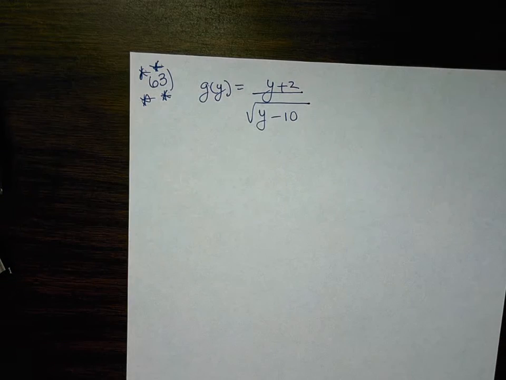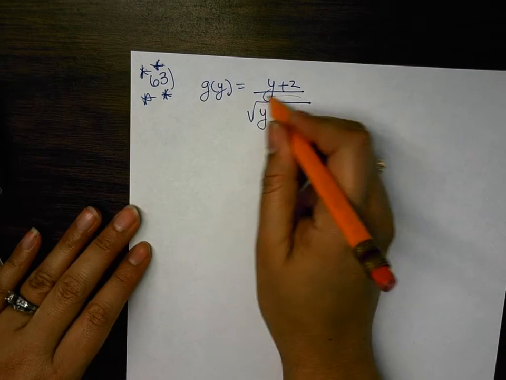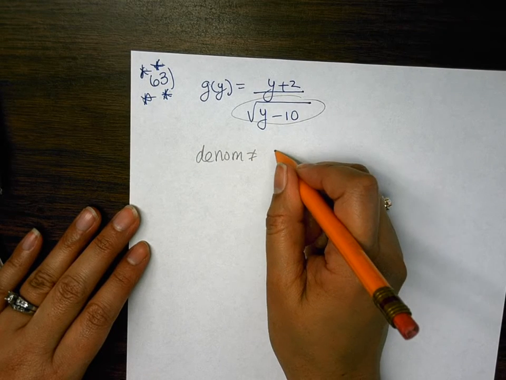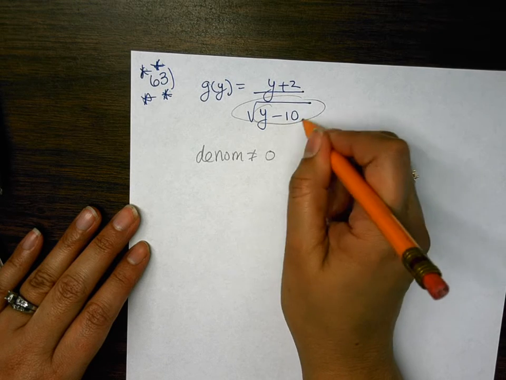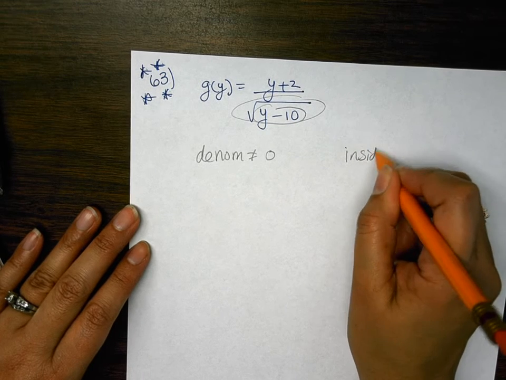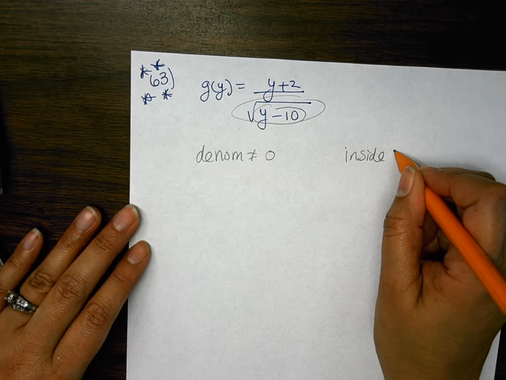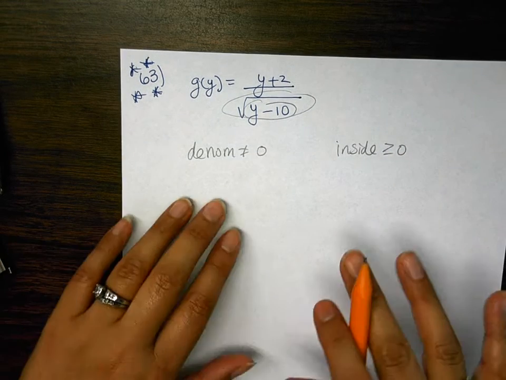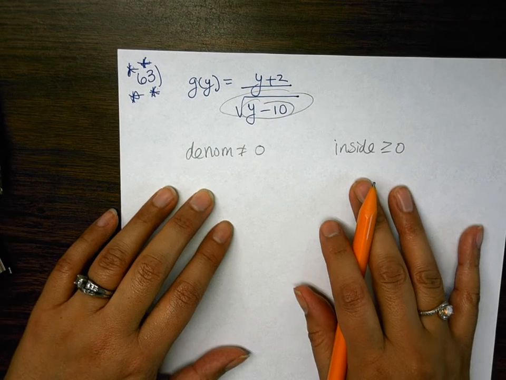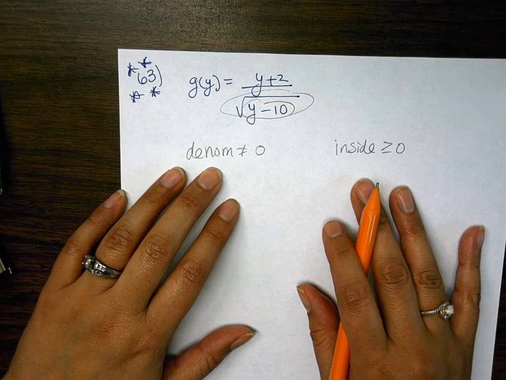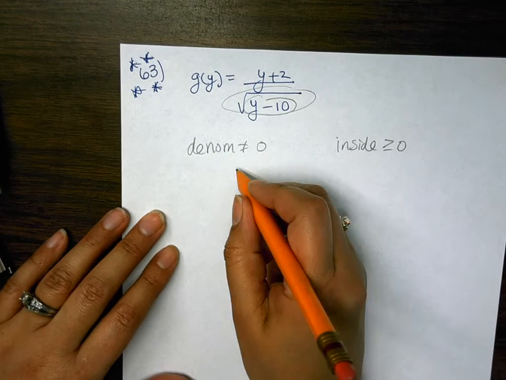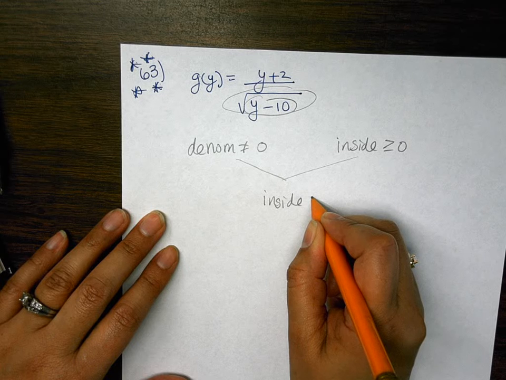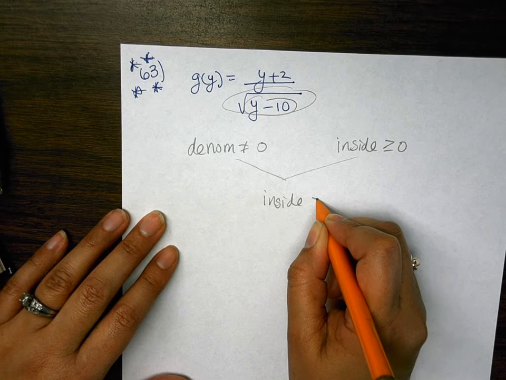There's two restrictions going on here. The first one is the denominator cannot equal what? 0. The other one is the square root, which states that the inside has to be what? Positive. And how do we write that with an inequality? Greater than or equal to 0. Do you agree both of these are going on? The inside has to be greater than or equal to 0, but the denominator cannot equal 0. How do we put these two together? The inside has to be not greater than or equal to, just greater than